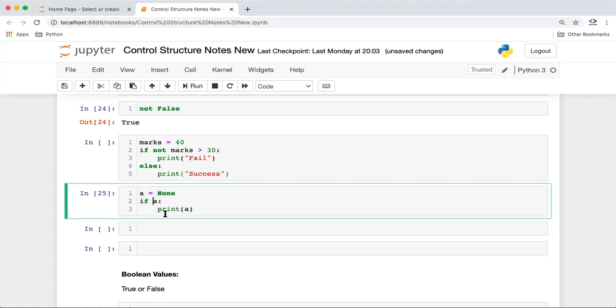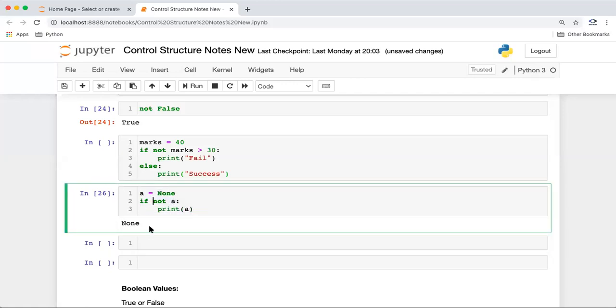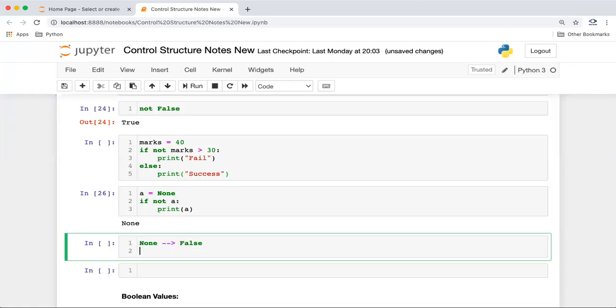If you pass None in the condition, it will give you a false output. If I say if not a, we'll get output because we have reversed that. So None will always give you something like false, if the result or output of a statement is coming as None, or if that object is not defined.